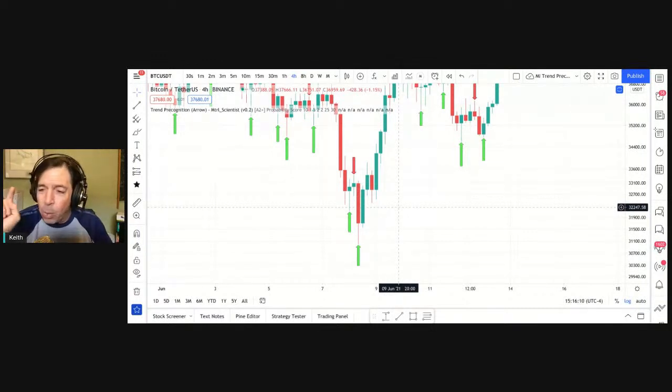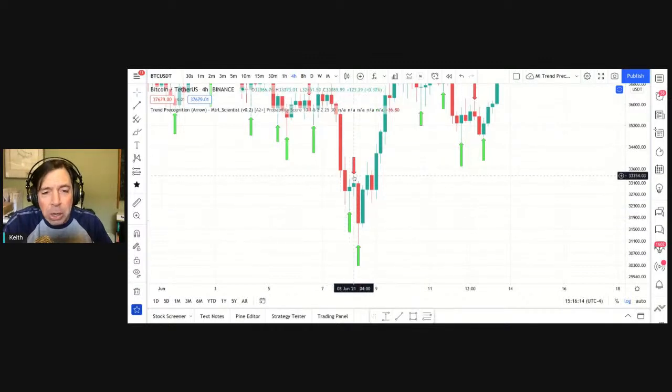The one thing I will caution you about is we do not recommend that you use short signals to close longs and vice versa. And the reason for that is because of the candle lag.